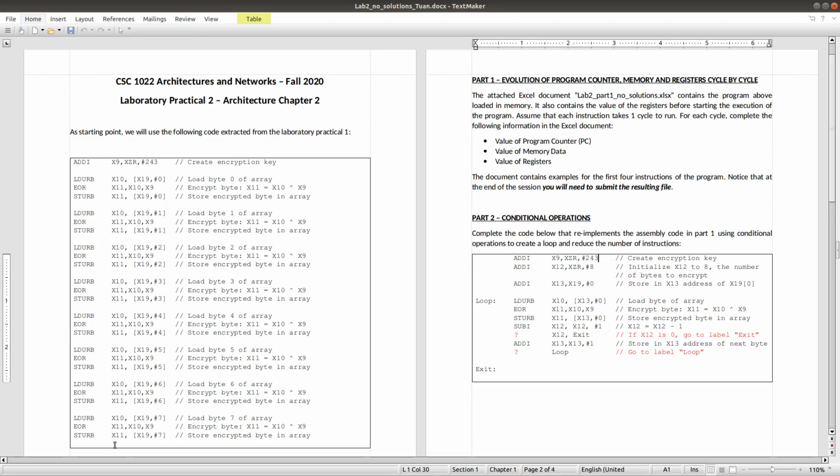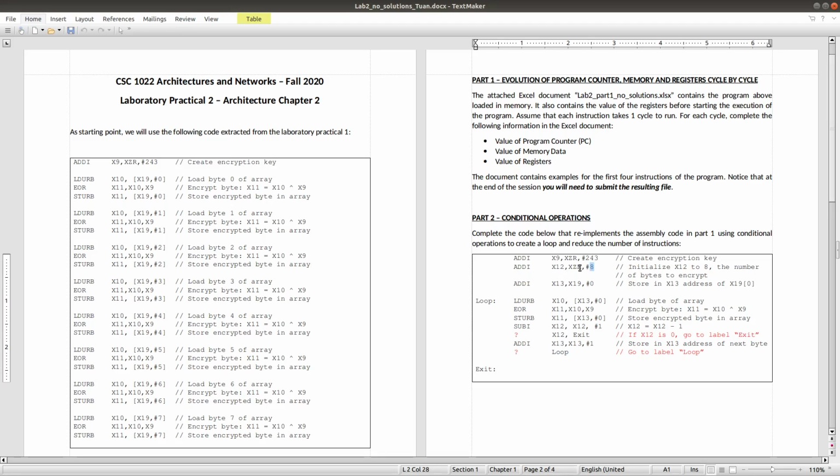here we will need a counter because we need to do the operation on the data. So we need a counter to know when we finish the operation for that data, and so here we will do the same instruction as the first one, but instead of 243 we replace it by 8.